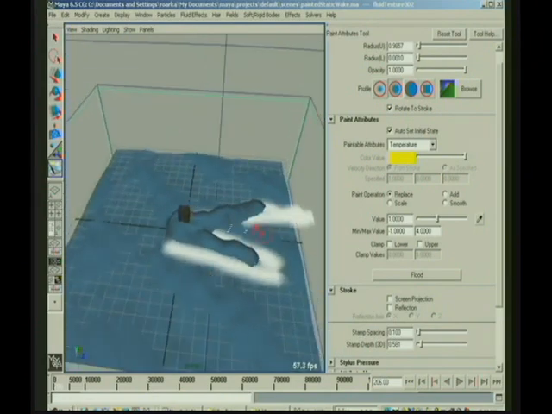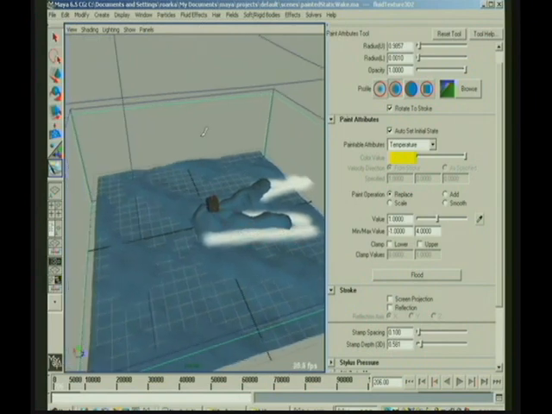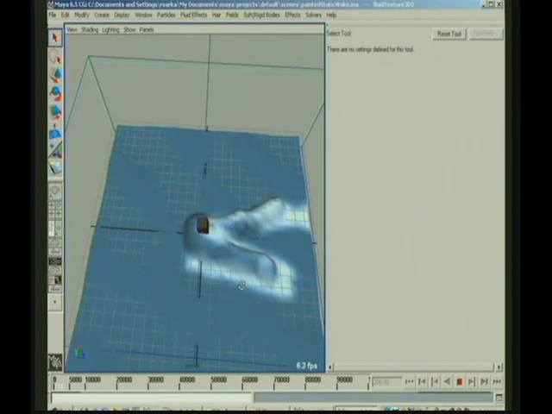Now, to set it up, the basic workflow is you create an emitter, emit some particles, and then